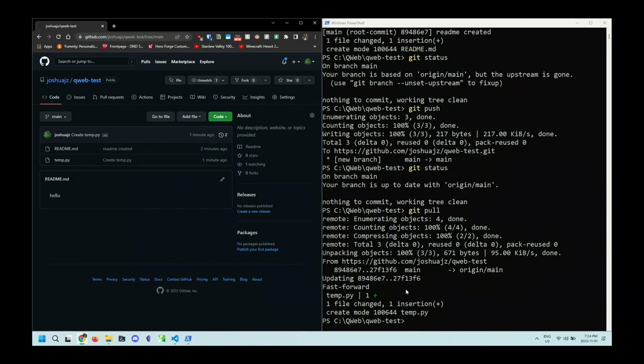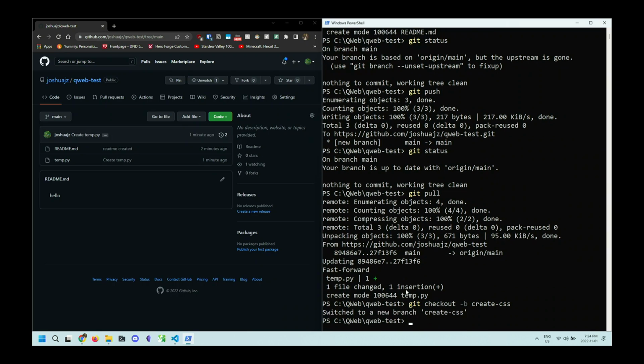And so the way that you can actually create a branch is by using this checkout command. So we can run git checkout, and we're going to use this -b addition, which will just say, hey, if this branch doesn't already exist, we want to create it. And so we're going to call this branch maybe create-css, right? We're going to maybe create some CSS for our fake website here. And so we've created a new branch. It's called create-css. And if you notice right here, our terminal has told us, hey, we've switched to this new